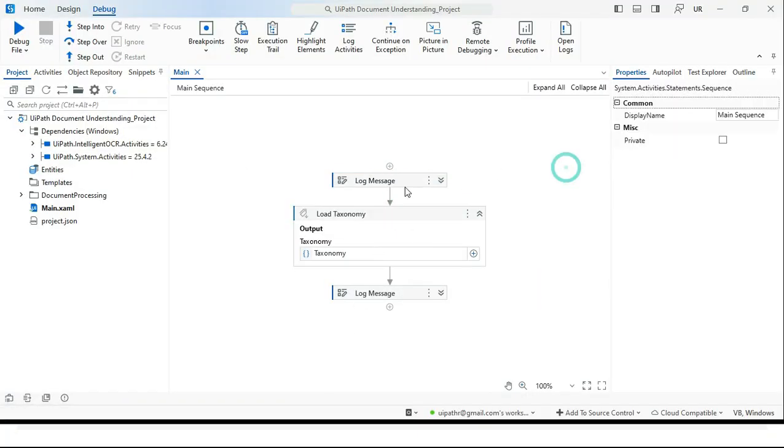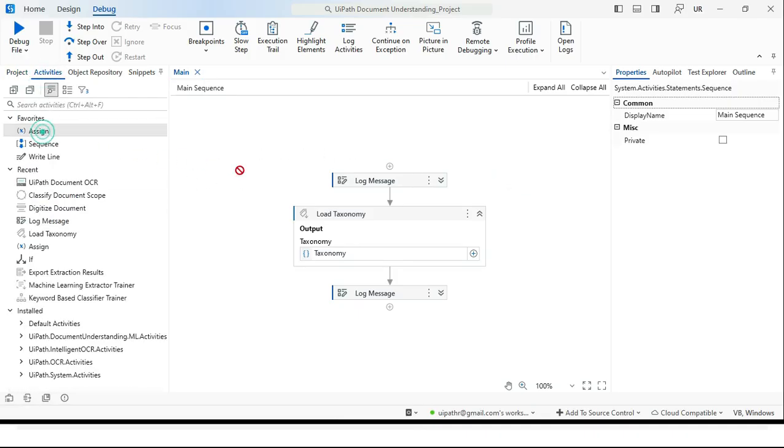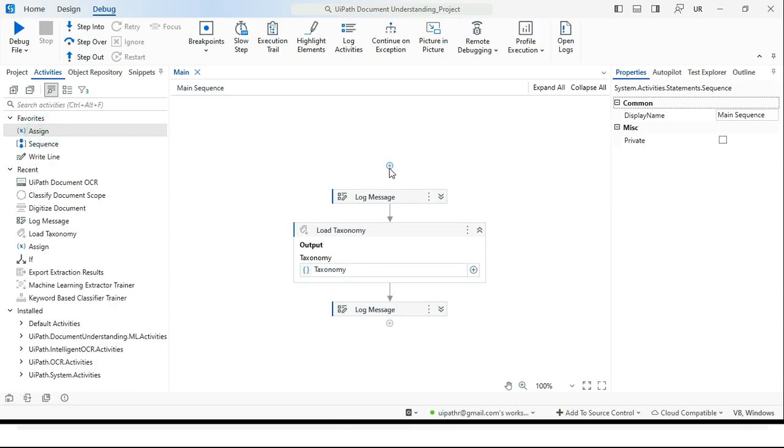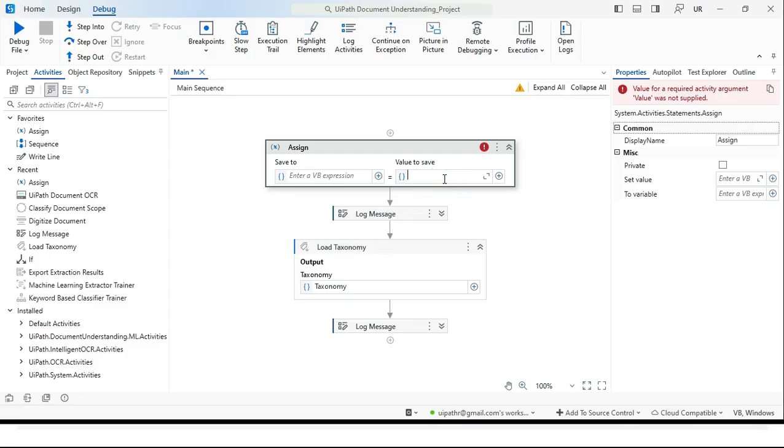Before starting Load Taxonomy, we'll initialize with this path. For that, we'll take an Assign activity, and here itself we can paste this file path and store it in a document path variable. So str underscore document path.